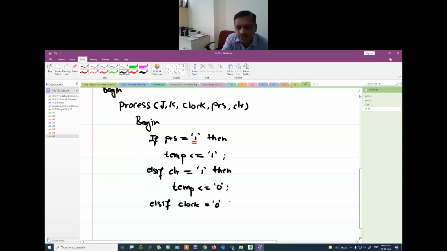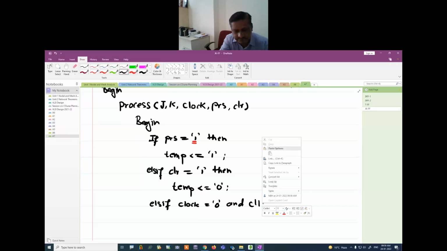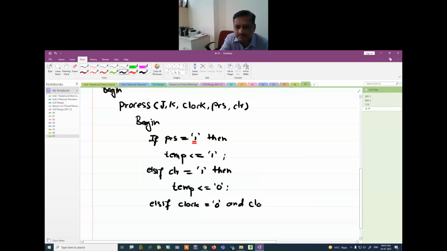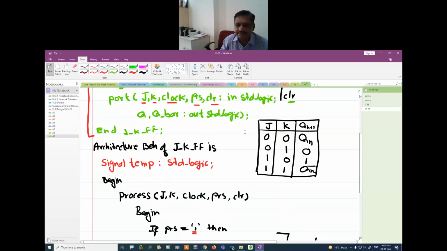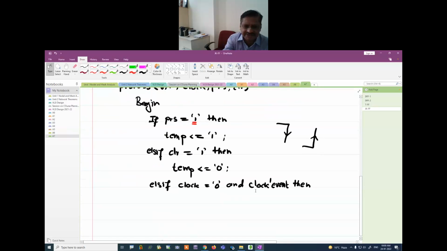Else if this clock is equal to 0 and clock tick event, then look at here. Clock is equal to 0 and clock tick event means falling edge of the clock. Clock is equal to 1 and clock tick event means rising edge of the clock. We are discussing the falling edge of the clock. And here I will copy the truth table. For this I will use another if statement